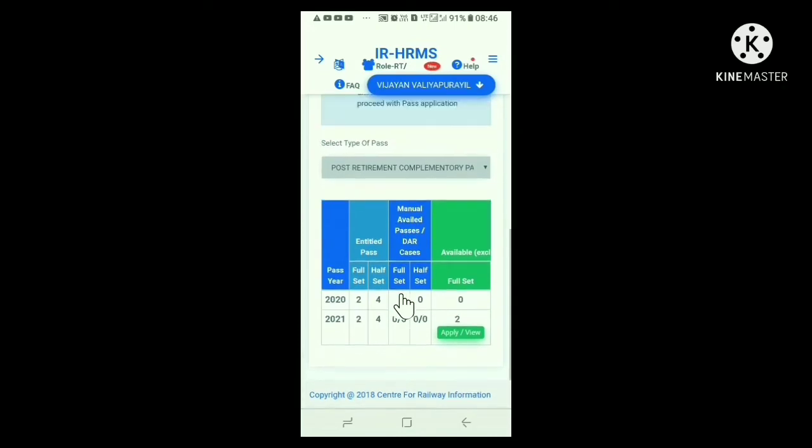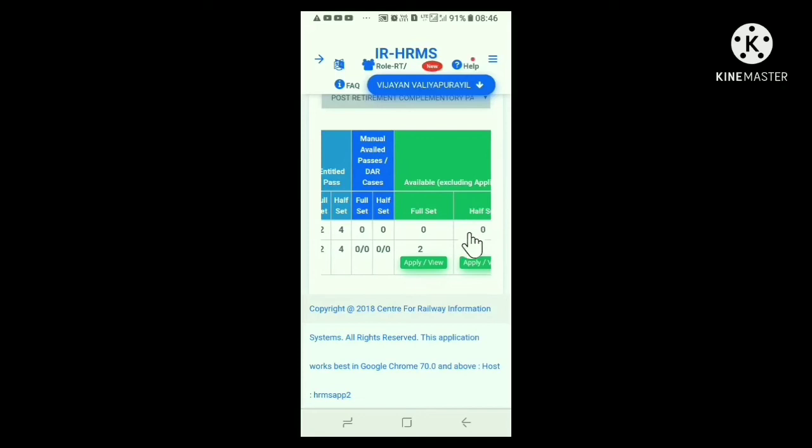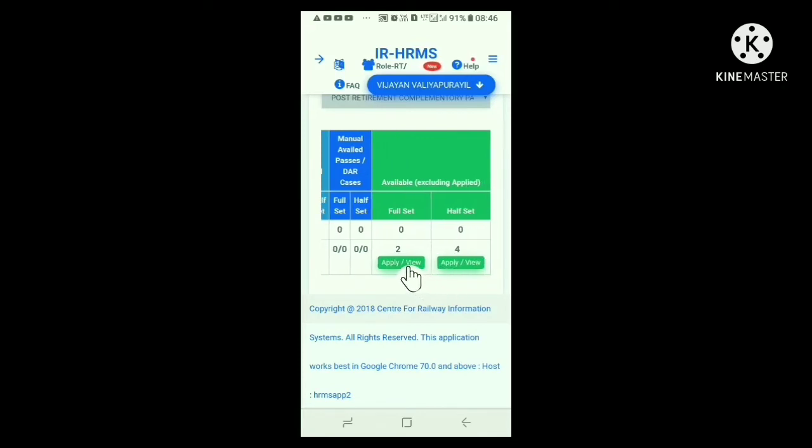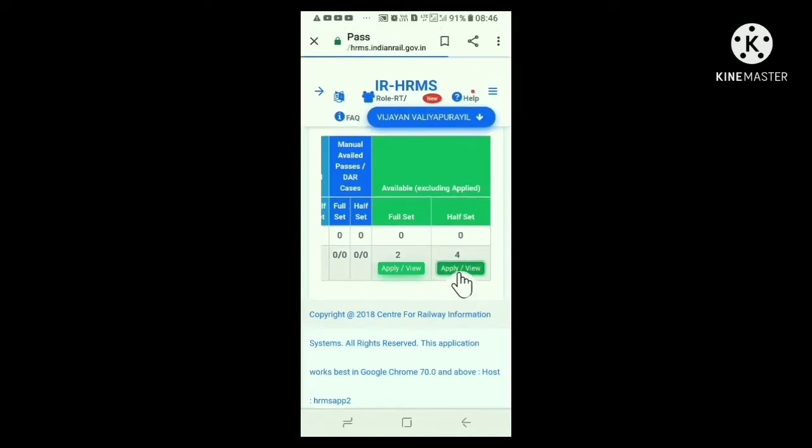Then scroll down. Here in the chart you can see pass year, under which 2020 and 2021 are available. Scroll towards the right. Here you can see full set, half set, etc. Under full set it shows 2 and under half set it shows 4. And below them is apply and view. It is here we have to apply for the pass.